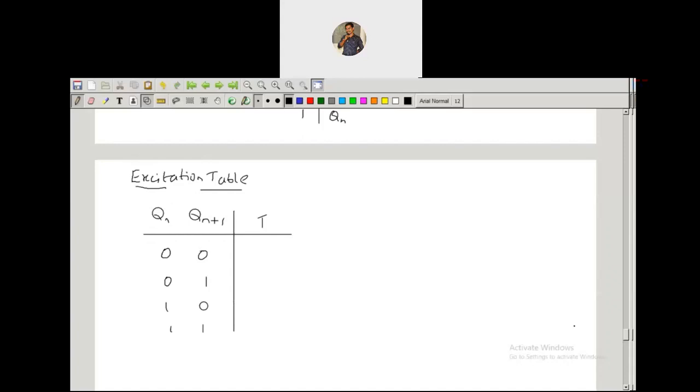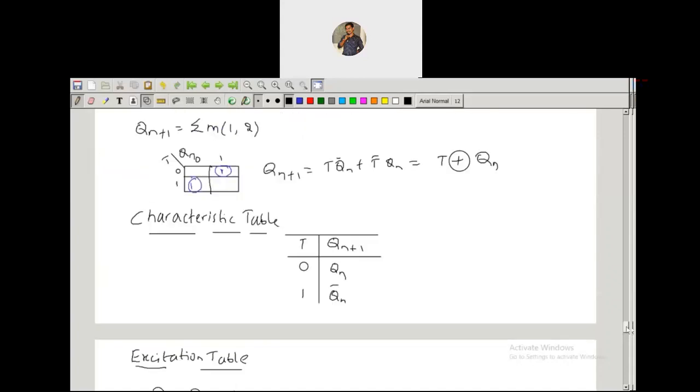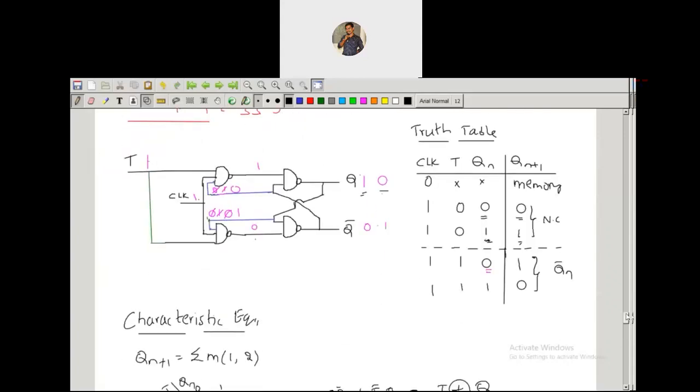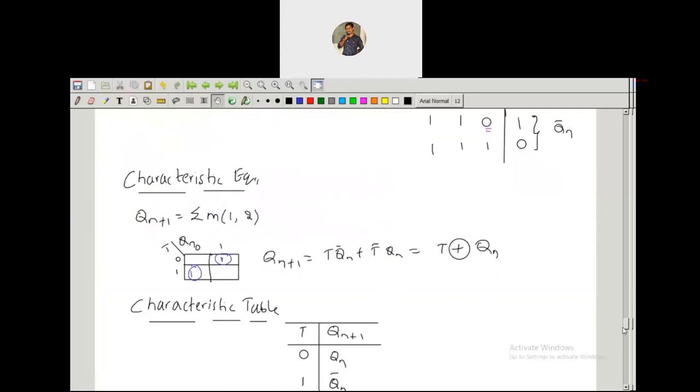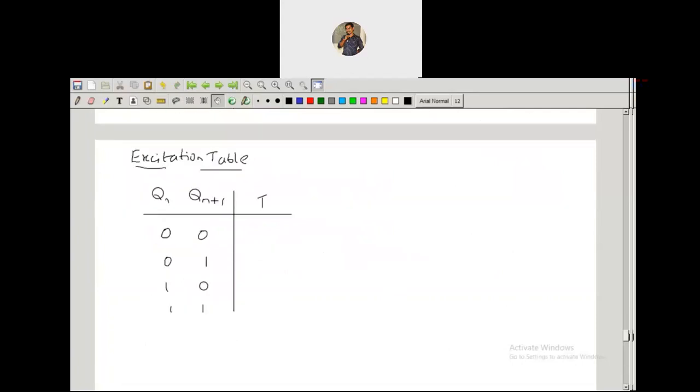There is no don't care here, because there is no more than one case. For 0 0, T value 0; for 0 1, T value 1; for 1 0, T value 1; for 1 1, T value 0. Let me write down these cases here.